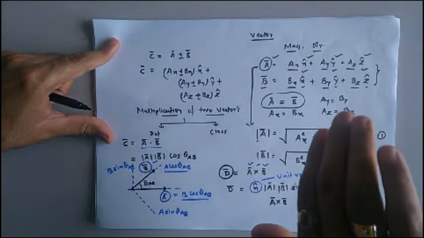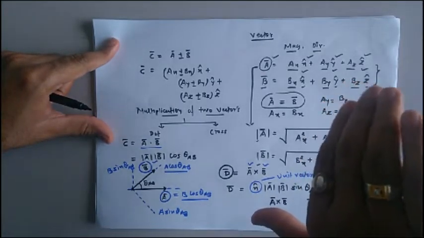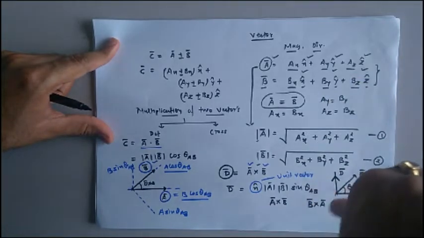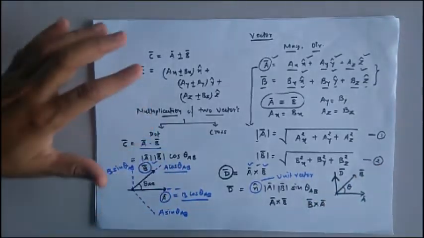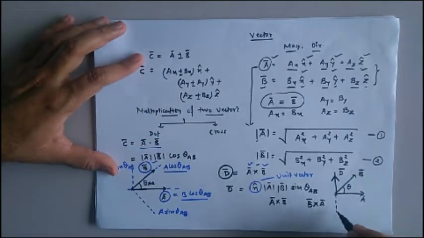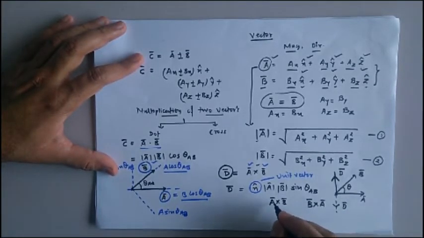That means we are moving from b vector to a vector, then the thumb will indicate the direction of the resultant vector, which is in the inward direction. So in that case the direction of the resultant vector is like this. So I can say that a bar cross b bar and b bar cross a bar are exactly equal but